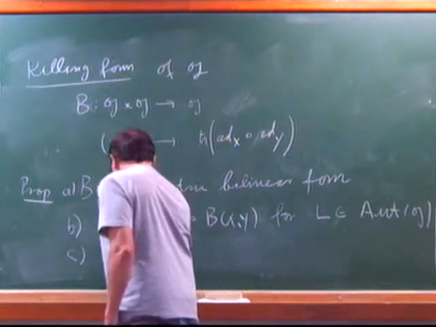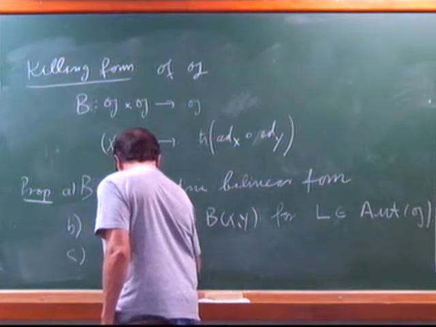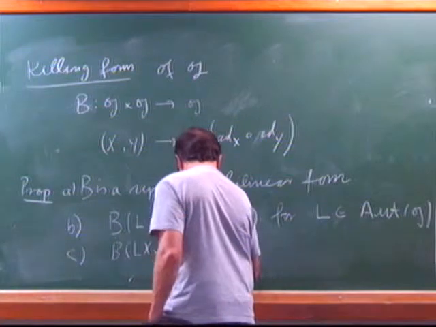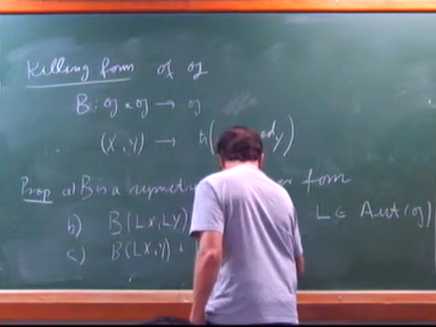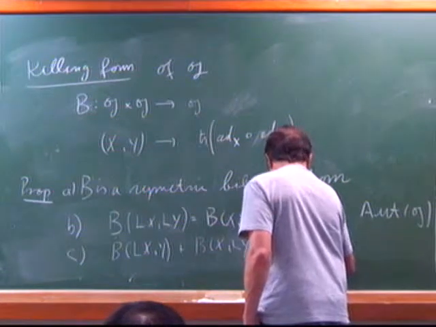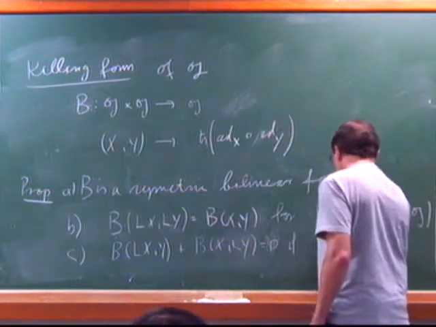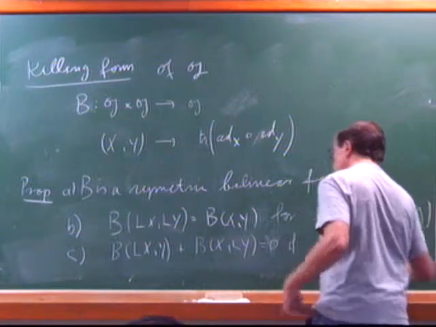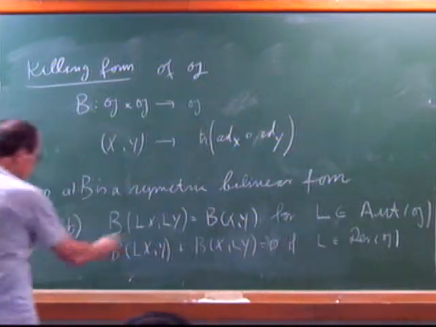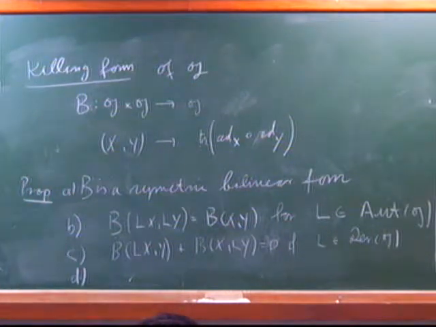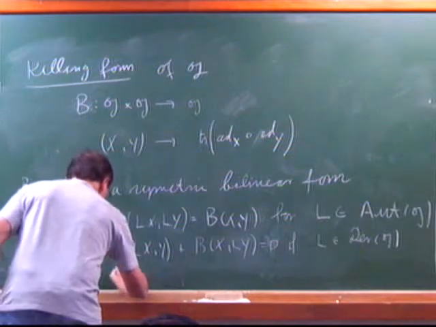We have a derivation, of course, that we just differentiate. If L is a derivation, just differentiate this equation, right? Maybe the last property is that this is not non-degenerate, it has a certain kernel,